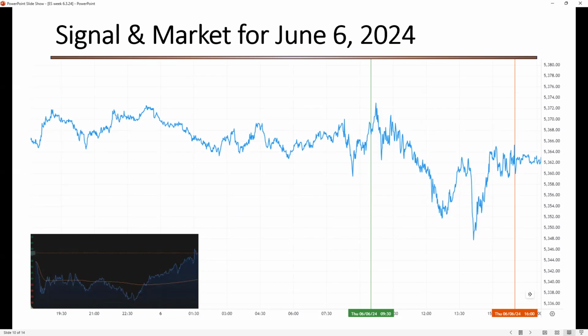For Thursday, June 6th, Sunshine was traveling, so a signal was not provided. But a reference chart was provided showing that dips during the day could be bought. And if you recall, the day before we ended with a short at EOD sequence and a resistance level at 52.72. That area was hit in overnight trading and would have given about 10 points if you traded in the overnight session. At open, prices